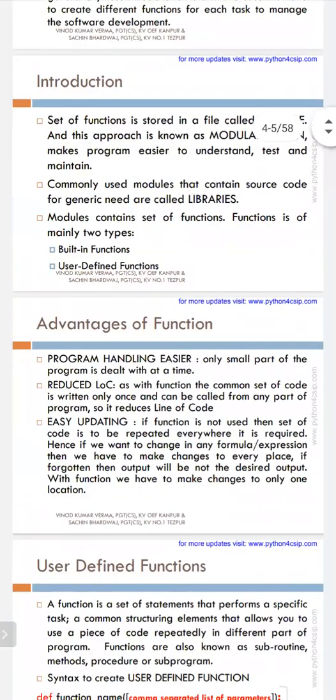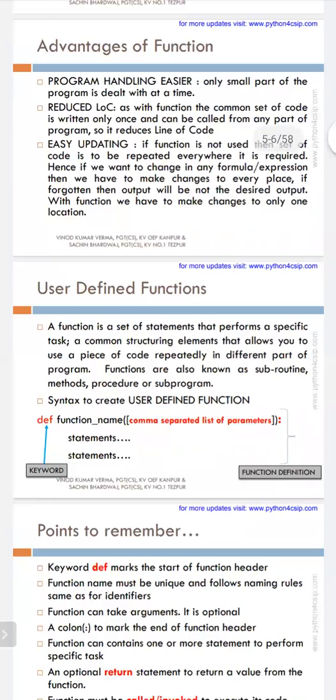Built-in means the function is already defined, predefined in the library. We need to import the module. For example, math is a module, and it contains a number of functions. Can anyone say two examples which are defined in the math module? Yes, exponential, very good. Square root function, floor, and ceil. So floor, ceil, these are the number of functions defined. These are all built-in functions. We can merely use them. How can we use them? By importing the module.